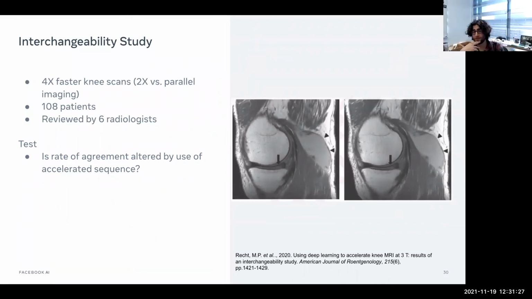So won't that also have an impact on the contrast change, like you were saying before, if it were truly 4x acquired? Yes, and we got an NIH grant to study that, and now there's a prospective knee scan study that Florian and Patricia were working on. Unfortunately, I don't know the status of that study right now. Yeah. Awesome.